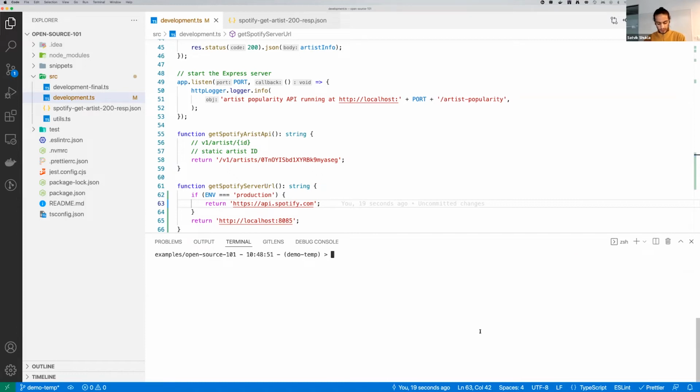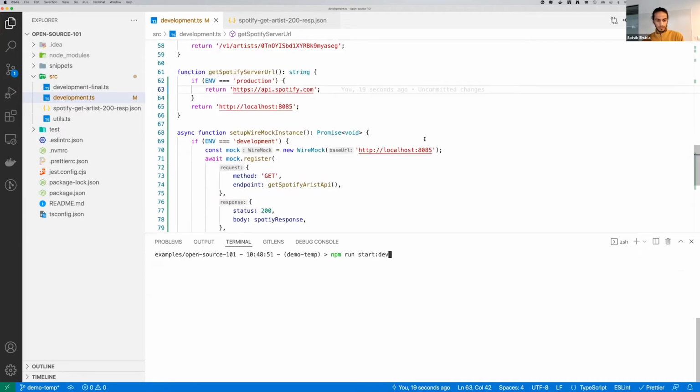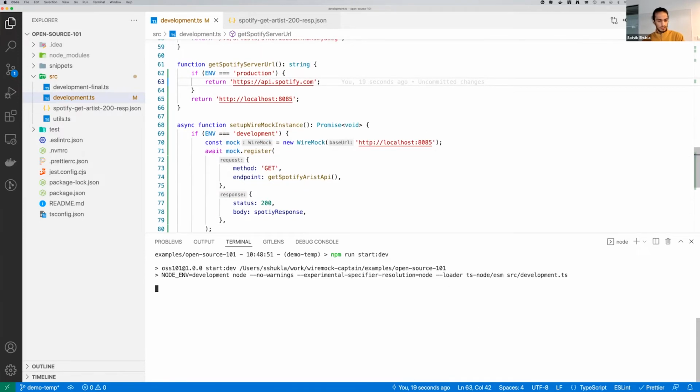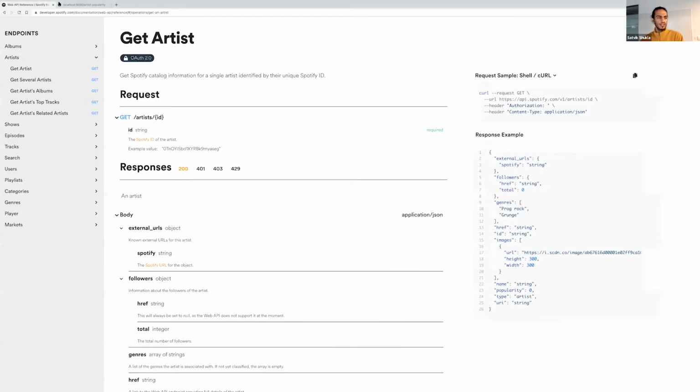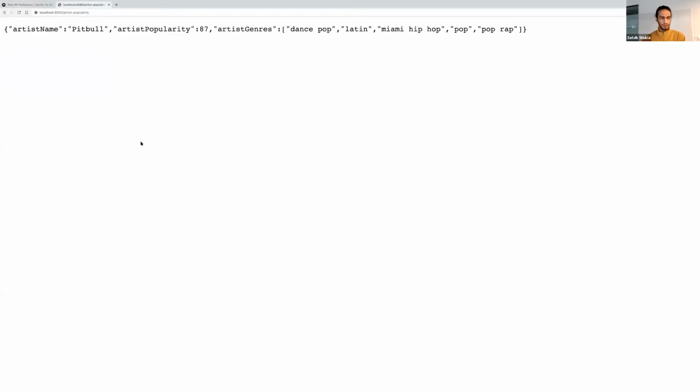Okay, so now let's go ahead and run our server, but this time we will run it in development mode. Let's try to run that and see what happens. So now again, we see that same line. We have our artist popularity API running on port 8080/artist popularity. Now let's go back to our API response from before. And if we were to reload this,